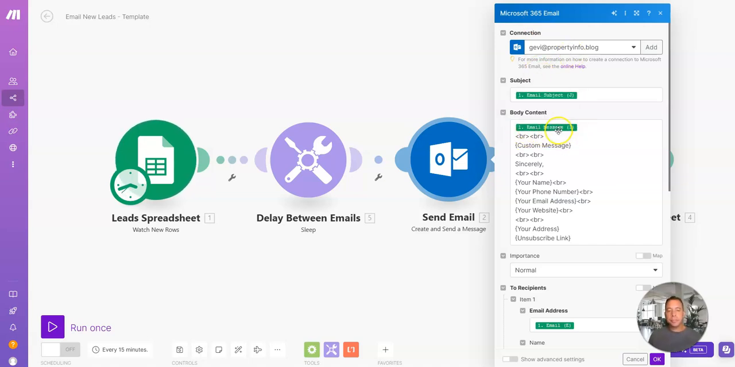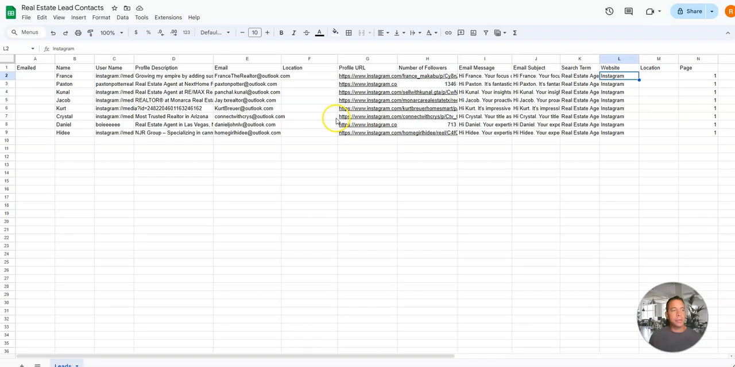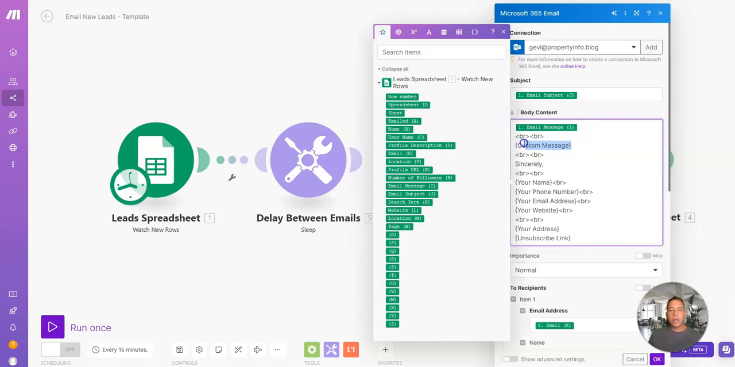Now let's take a look at the actual email that we're sending out. So the custom message that was generated by AI and the custom subject line, those are going to be dynamically entered into the email that we're creating, and those are coming from these two fields right here. But in addition to this, we're going to want a custom message,